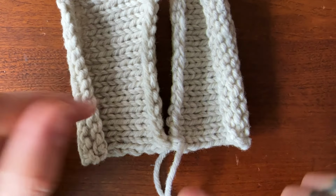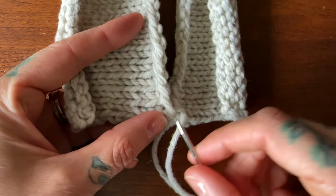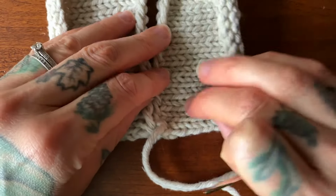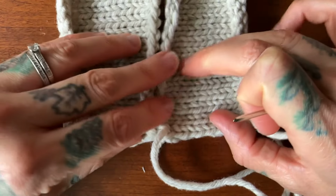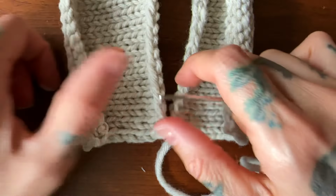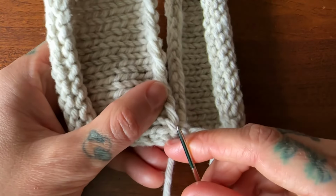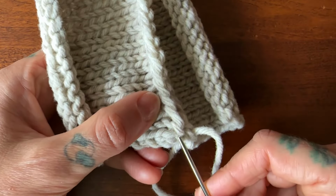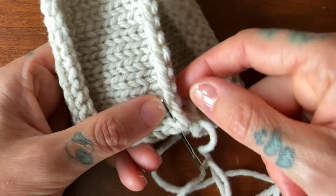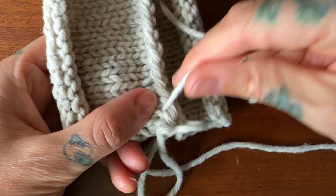For an underarm, I like to go stitch to stitch. Sometimes you can offset by a little bit to help them line up, but these two pieces are never going to perfectly line up because we have our stitches going in different directions, which is how it's going to be at the underarm of your drop shoulder. So I find stitch to stitch is just a really simple way to get it done. I like to go right at the base of the very first stitch next to my cast on edge. So I pull my yarn through,